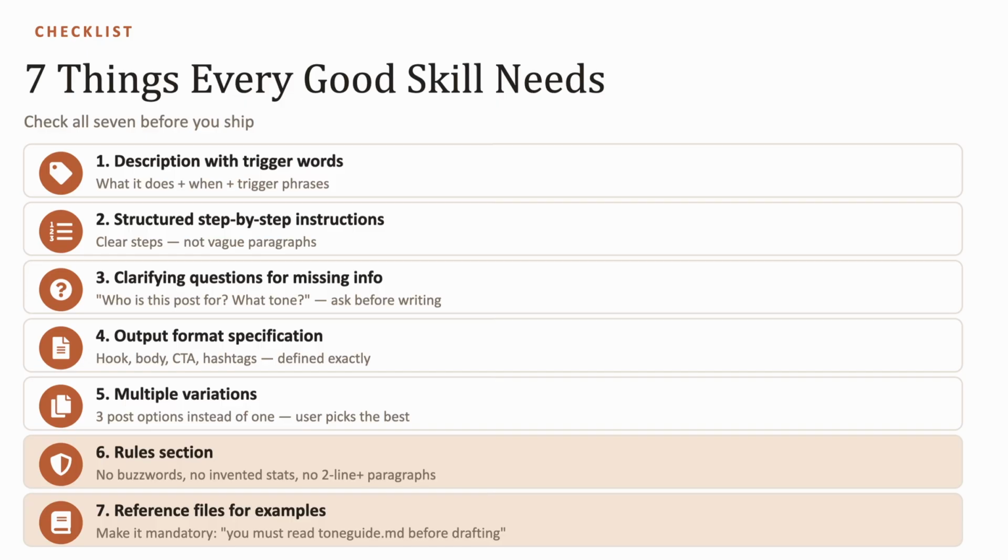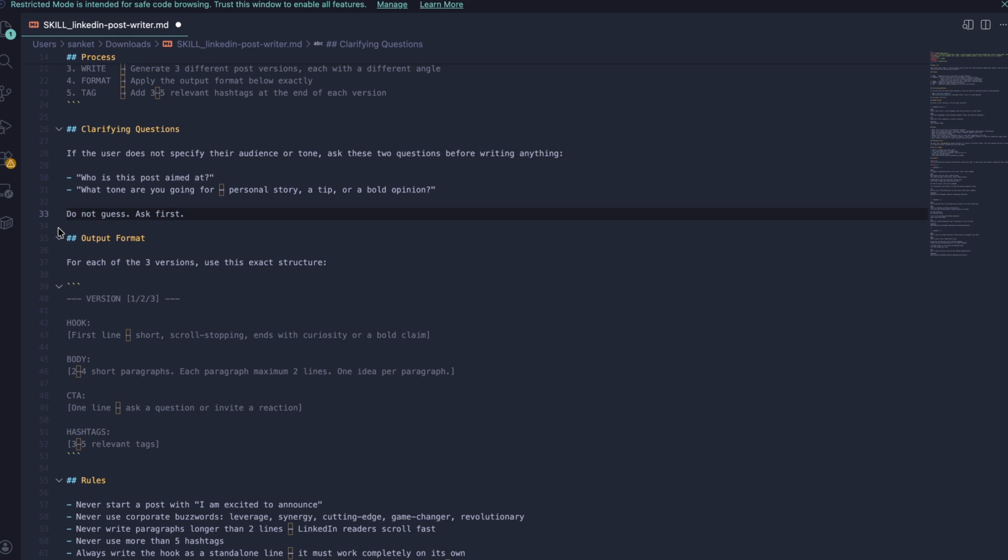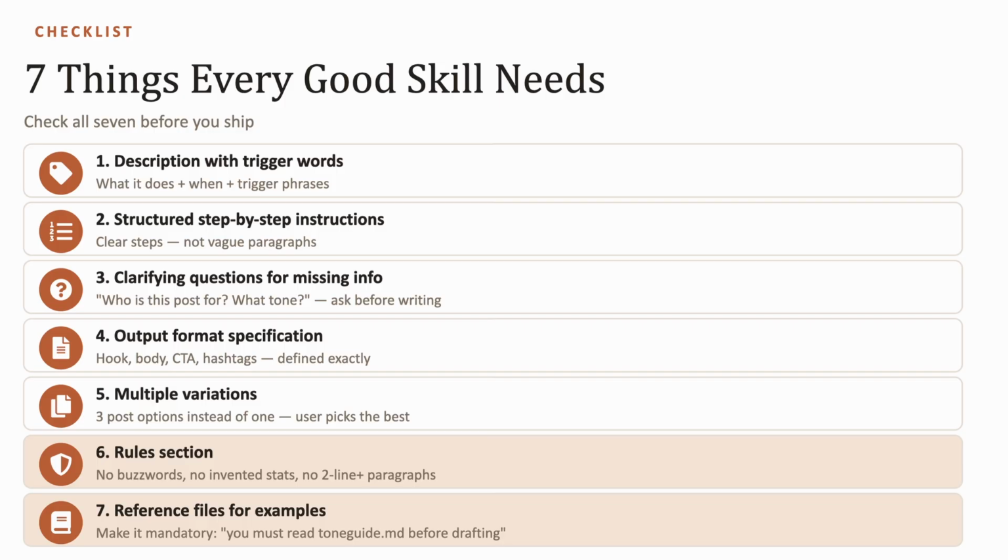Number 4 is the output format. Hook, body, CTA, hashtags defined exactly. So every post has the same structure. Number 5, multiple variation. So this skill generates 3 posts instead of 1. The user picks the best one, saves so much back and forth. So number 6, the rule section.